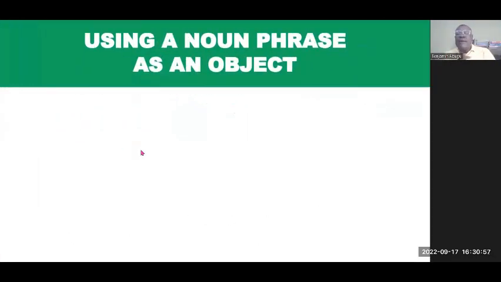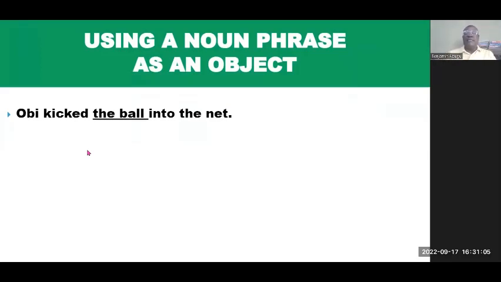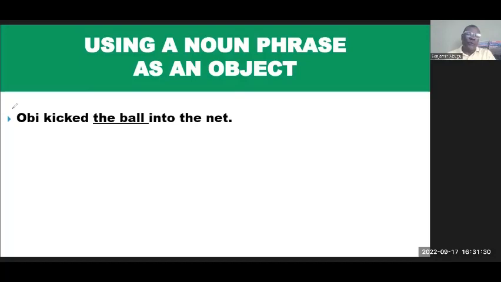Now, using a noun phrase as an object, that's another function of the noun phrase. Okay? An object is the receiver of the action. The subject performs the action, but the object receives the action, which means the action is performed on the object. And so what we have here, again, let's analyze this. Now, when we analyze this